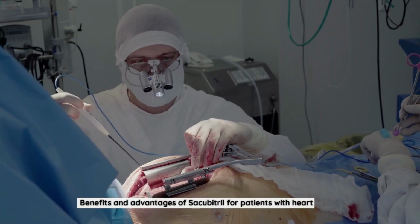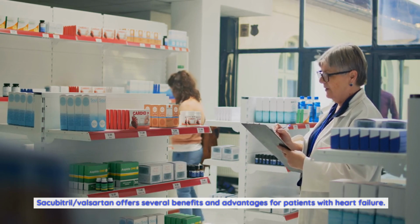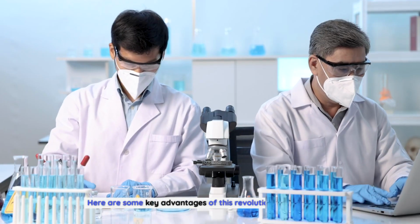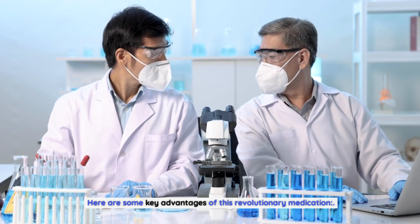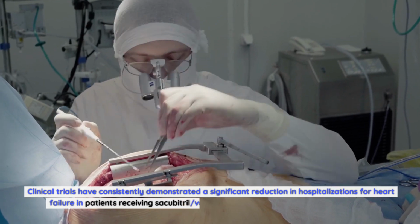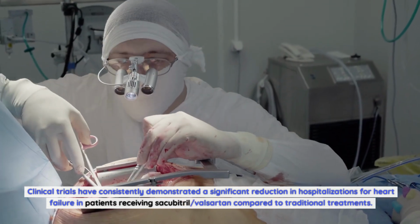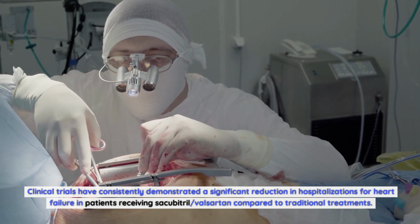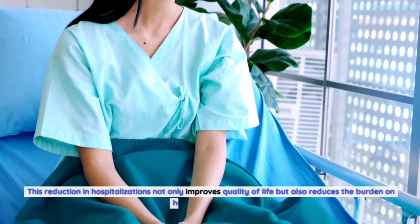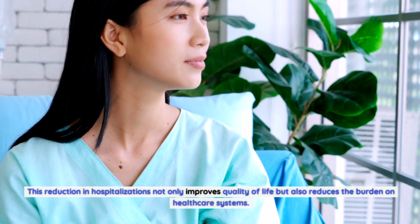Benefits and advantages of sacubitril for patients with heart failure. Sacubitril-valsartan offers several benefits and advantages for patients with heart failure. Here are some key advantages of this revolutionary medication. Reduced hospitalizations. Clinical trials have consistently demonstrated a significant reduction in hospitalizations for heart failure in patients receiving sacubitril-valsartan compared to traditional treatments. This reduction in hospitalizations not only improves quality of life, but also reduces the burden on healthcare